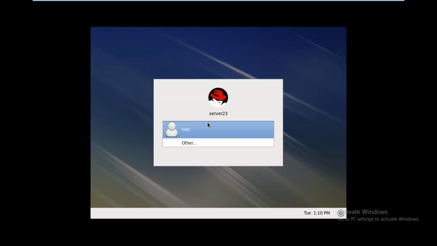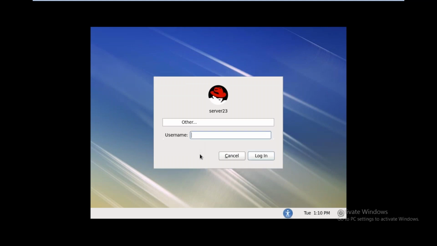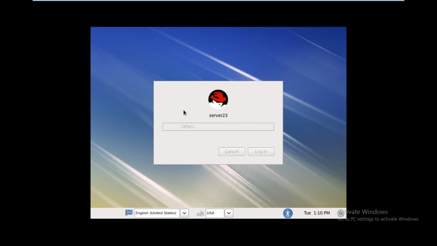Now we are entering into run level 5. See, when we switch from one run level to another, some services will start and some services will stop.